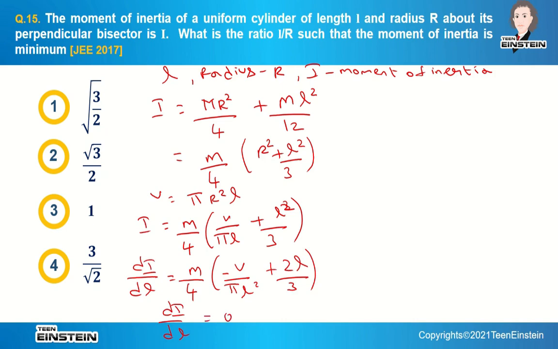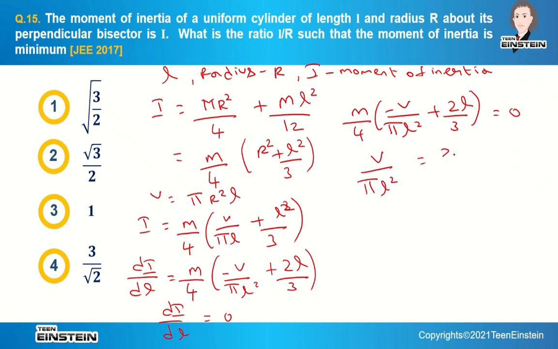So this will become m by 4 (−V/πL² + 2L/3) equal to 0. So for minima we are equating dI/dL to 0. And now V/πL² equal to 2L/3,